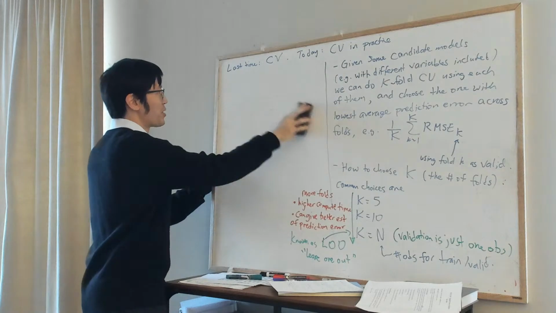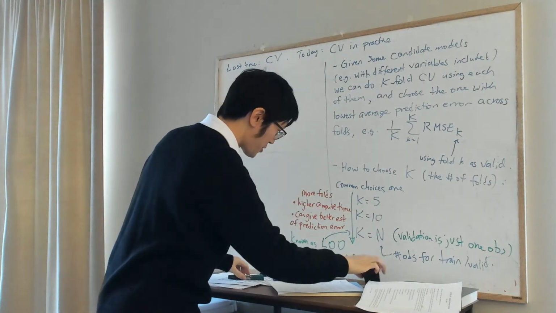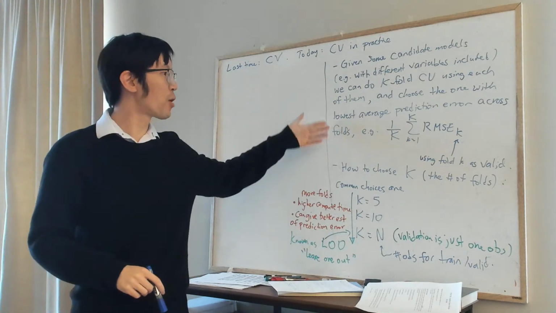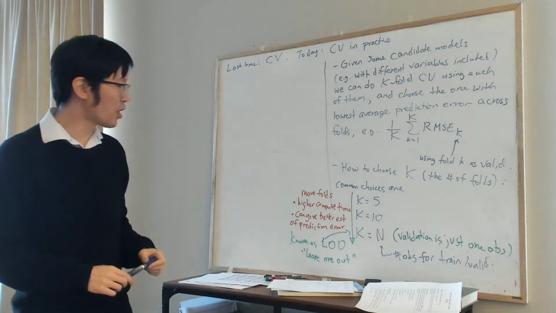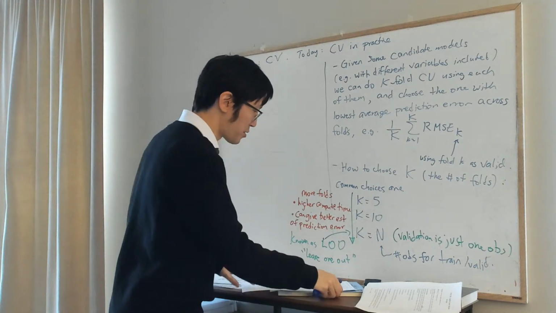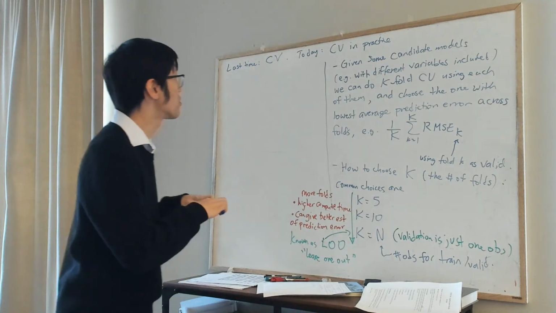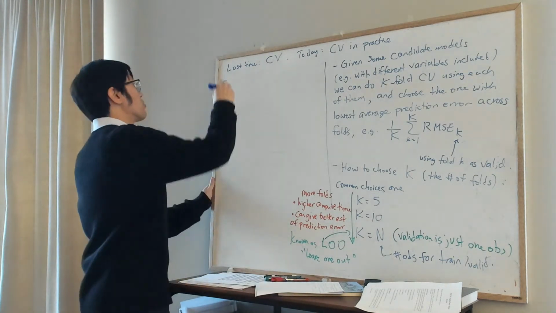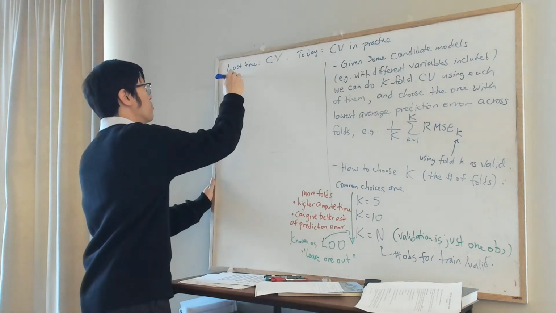If we already have a bunch of models that we're asked to compare, then we could simply apply this framework, choose a number of folds, and then apply the procedure. But often in practice, we don't know what good candidate models to try are. So let's comment on this point as well. The question here is, what if